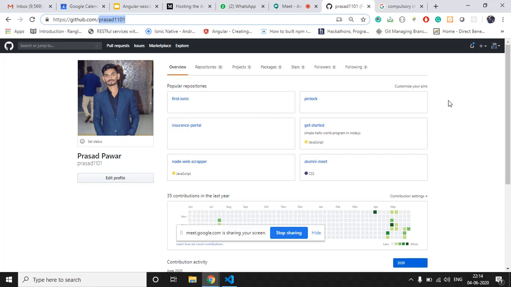Suppose you work on a machine, all of your code is on that particular machine, and that machine is in your office. If you have to work on that code or that project, you must go to the office and work on that particular machine, because your entire code is on that machine.